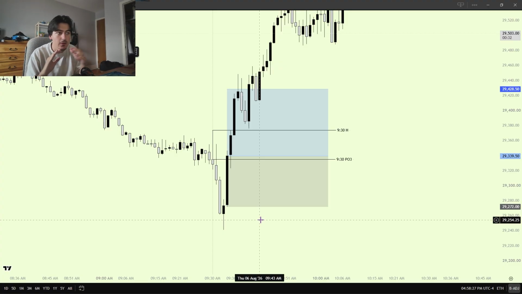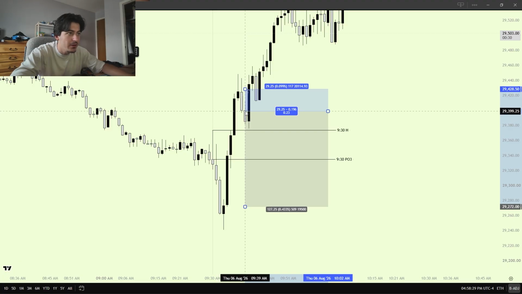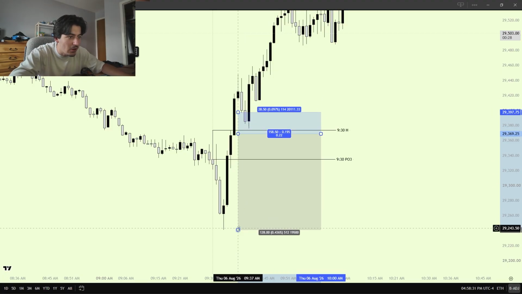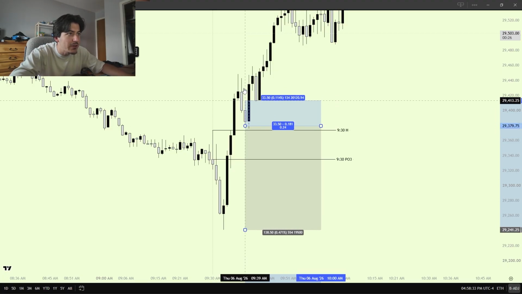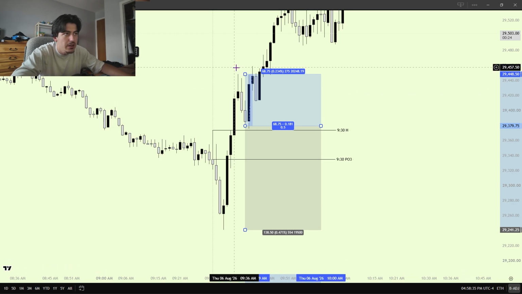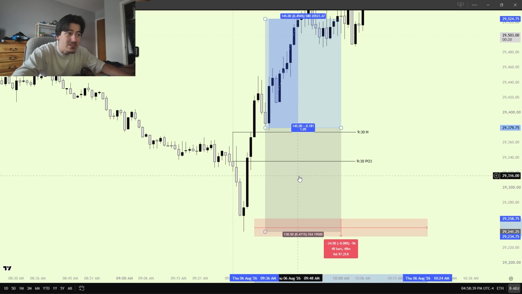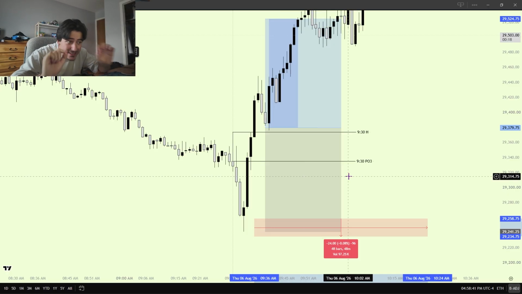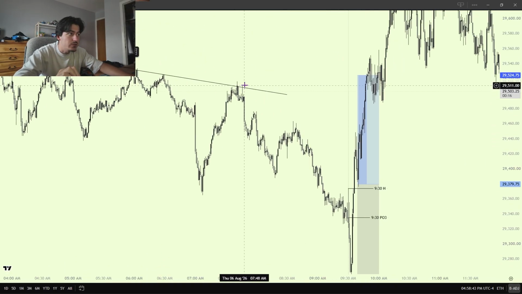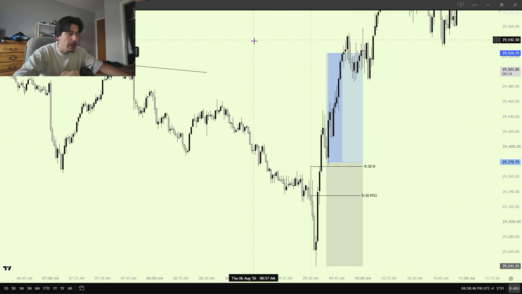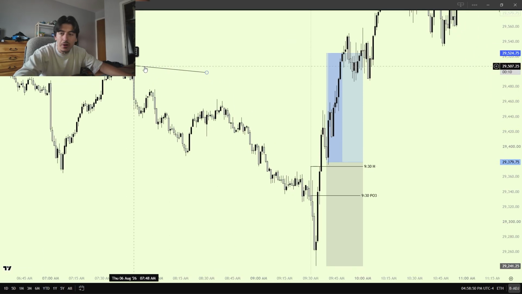We could have entered up here, had our stop loss all the way down here, entered all the way up here on this fair value gap tap, which obviously is not that good of a trade, and you could have ridden all the way to the highs. It doesn't matter because this low is going to hold at least until we start running the trend line liquidity, or at least until up here somewhere, and by then you would probably already be break even.